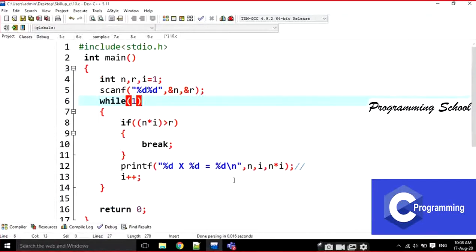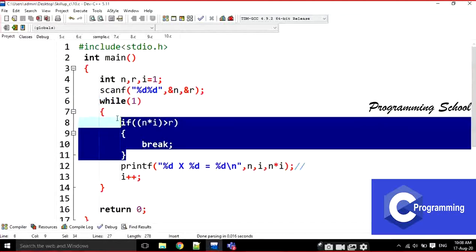Now I am going to write this. Always we are taking that while true condition. Can I write a condition instead of while true here? This is a manual breaking system, right? I am going to convert this manual breaking system into a natural breaking system. How am I going to write it here?